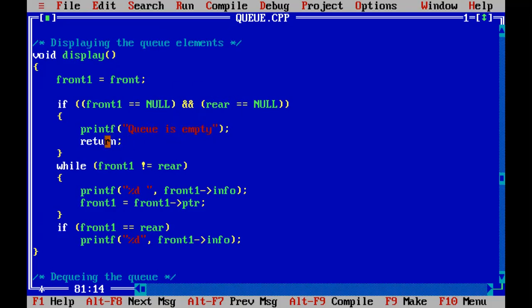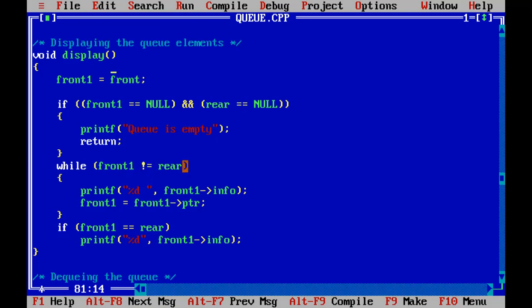Else, we will check that front is not equal to rear. Until the front and rear are the same, we have to display the front one element as we reach front not equal to rear.